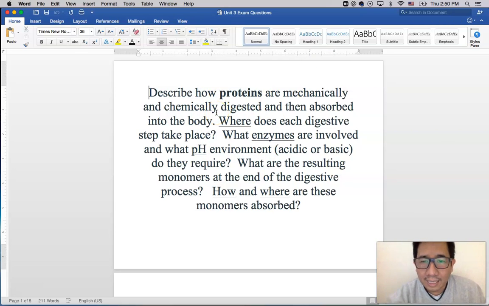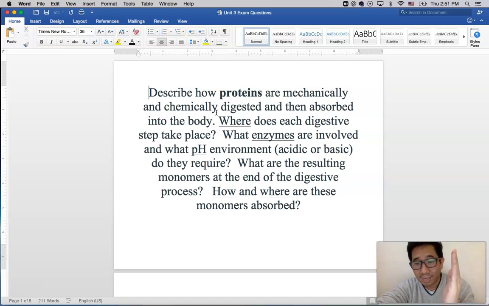Describe how proteins are mechanically and chemically digested and then absorbed into the body. Where does each digestive step take place? What enzymes are involved, and what pH environment do they require? What are the resulting monomers at the end of the digestive process? How and where are the monomers absorbed? Okay, so